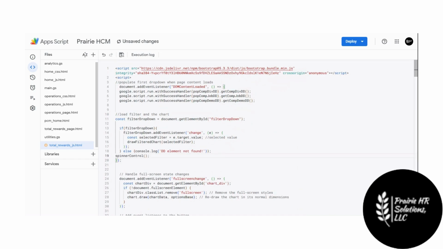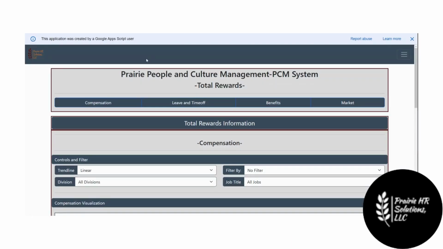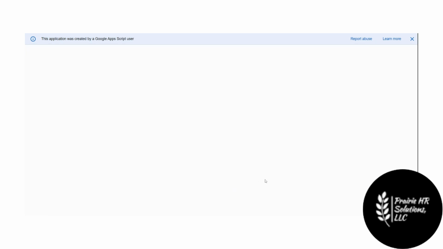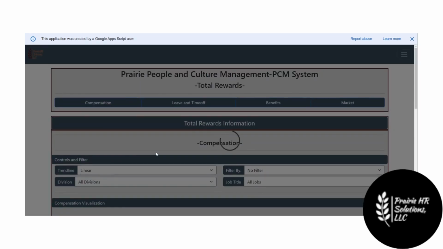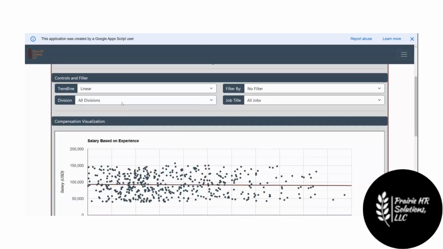Let's actually put it after it does this filter drop down. After it runs that event listener, and let's see how that looks. Because we don't want it to get in the way of populating these. There we go. Yeah, we don't want it to get in the way of populating these